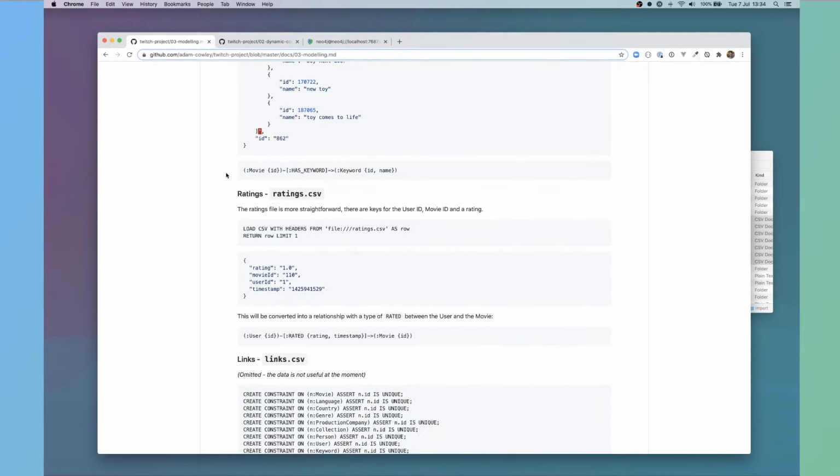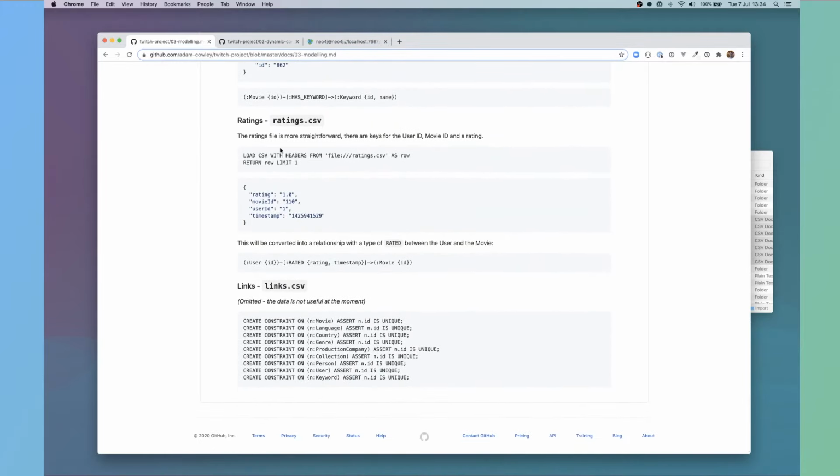Same deal for the ratings. Inside each of the ratings, we have a movie ID, we have a user ID, we have a timestamp, which is the seconds since epoch, and the rating, which looks like a float. So we can use this to create a relationship between a user and a movie. There's no user information at the moment, so we might have to fake or mock that a little bit further on down the line. But essentially, right now, it doesn't really matter who that user is or what they're doing.